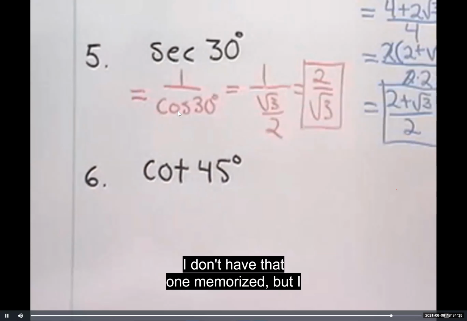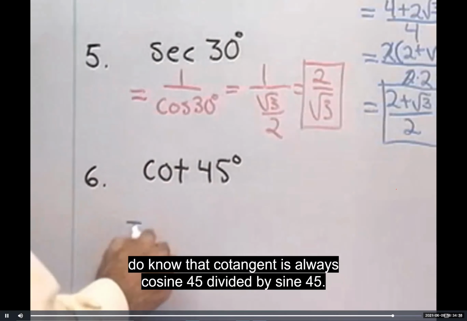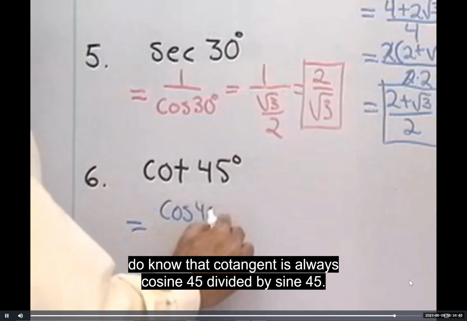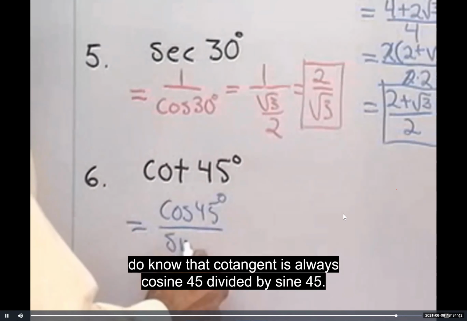I don't have that one memorized, but I do know that cotangent is always cosine 45 divided by